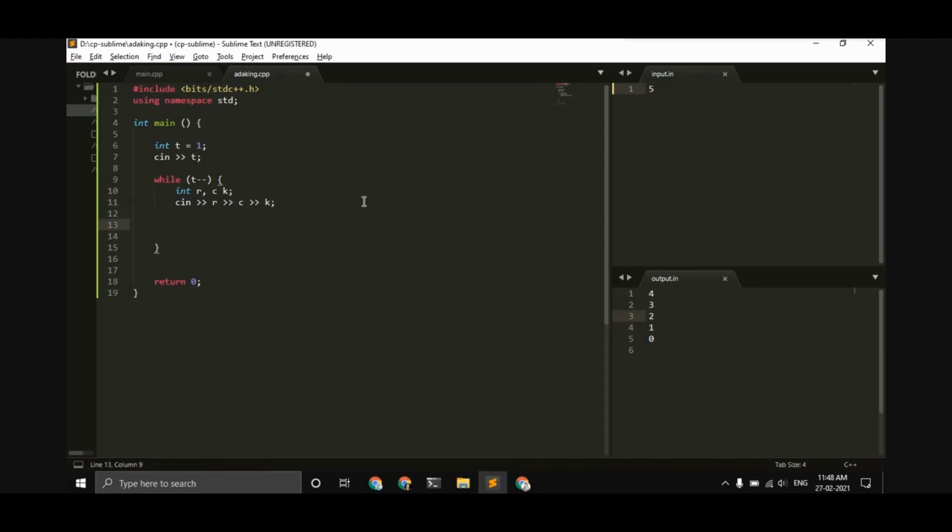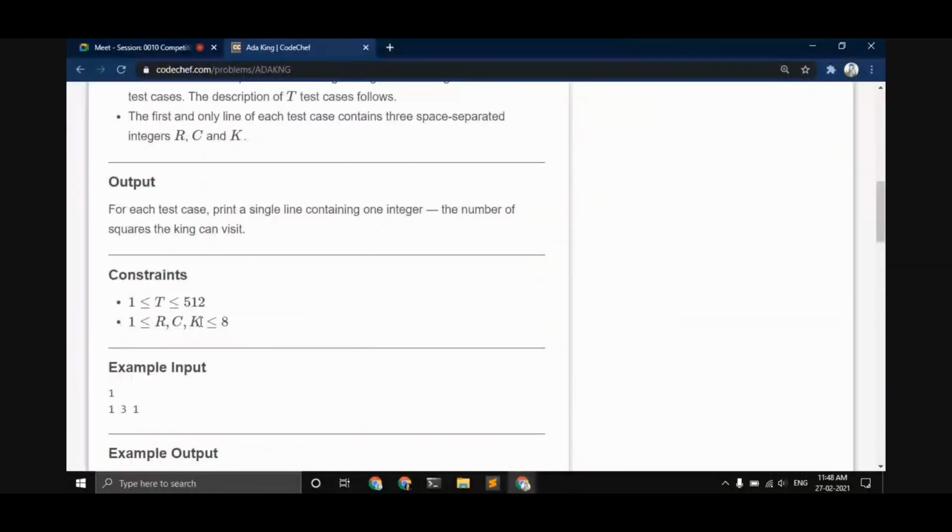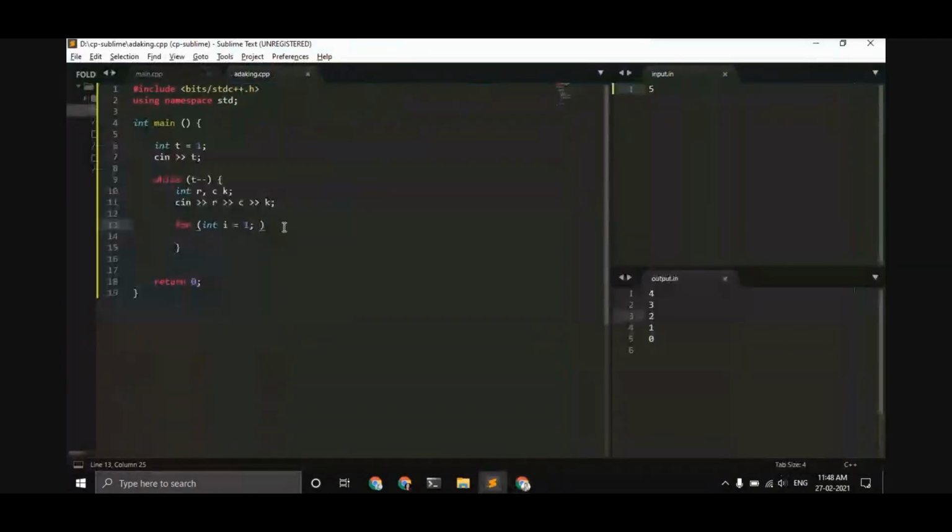And then we have to loop through every cell on a chess board of 8 rows and 8 columns. For the 8 rows, we'll initialize i as 1, since R and C are from 1 to 8. i should be less than or equal to 8, and we'll increment i.